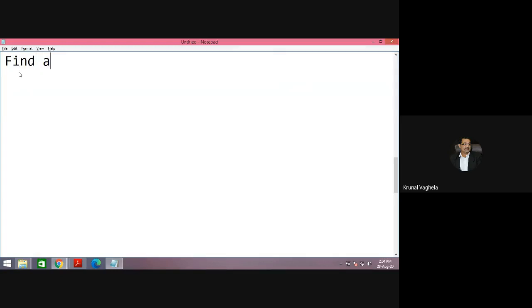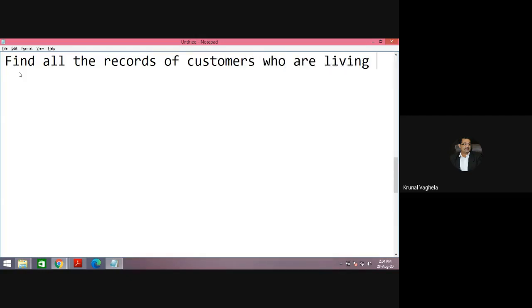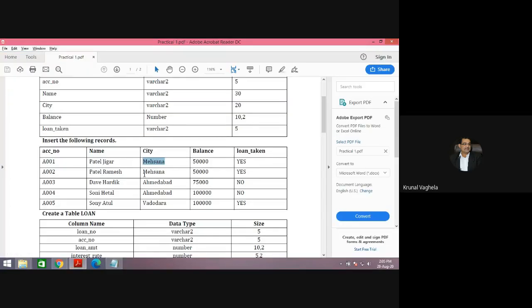Find all the records of customers who are living in Mehsana. Right. Now I want only records of those who live in Mehsana.